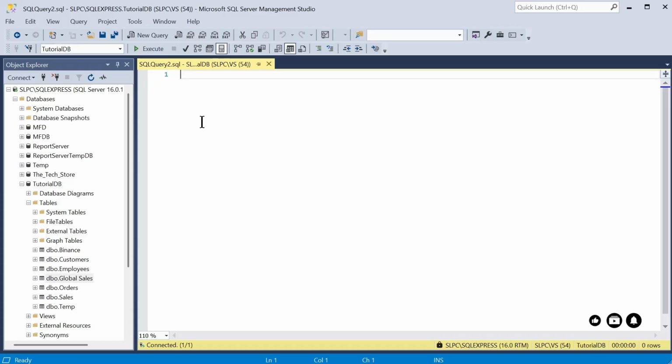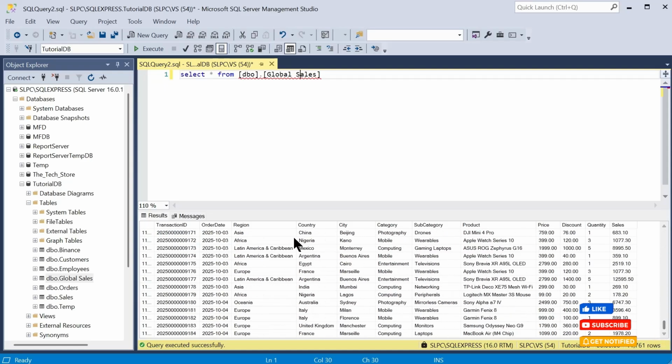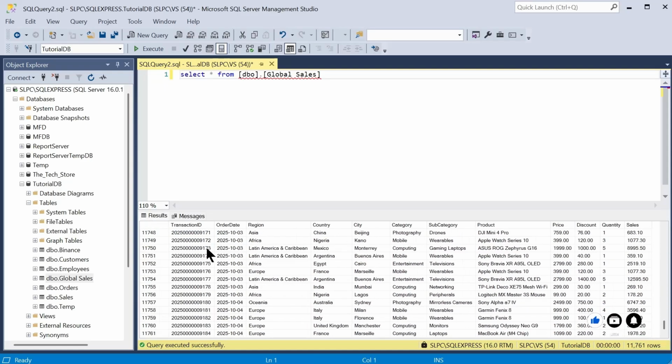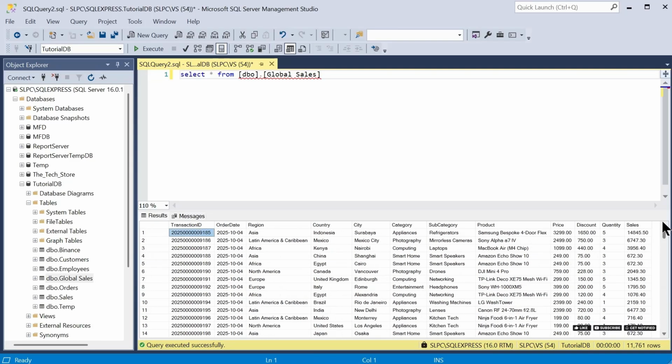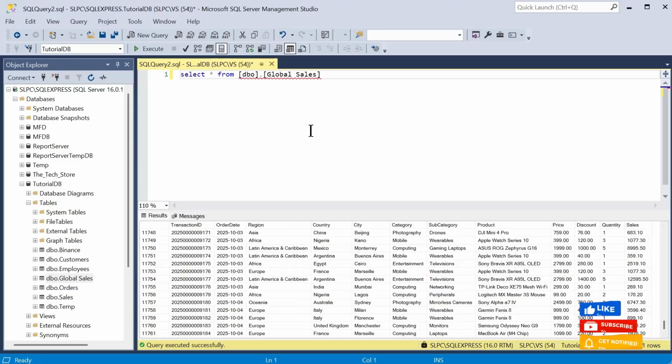So we can now explore this data using the select command, select all from global sales. So this is all the data that we generated using Excel randomly, which is now imported into our SQL Server database